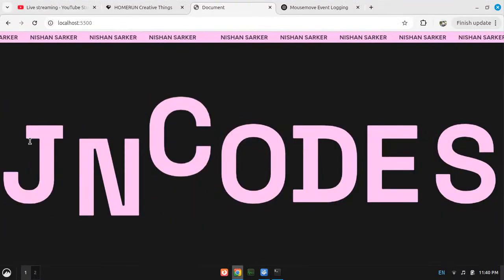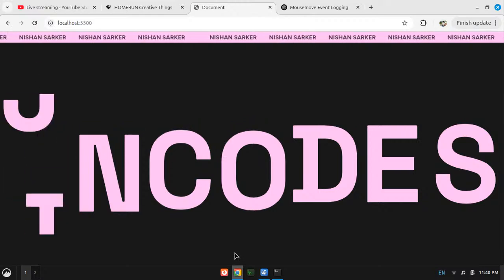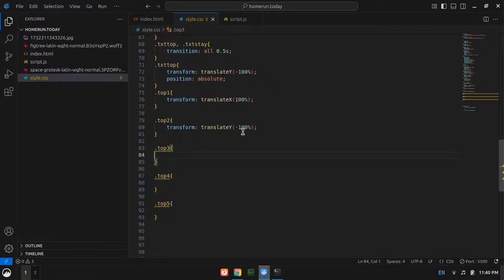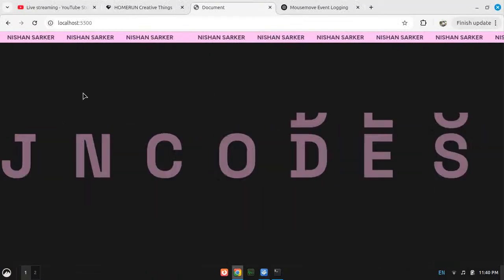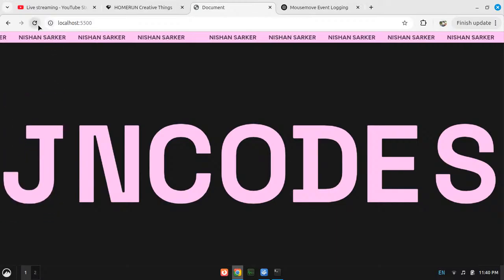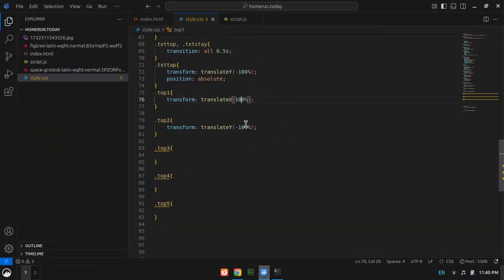Now see, the first time it is there, it works, okay, but the second time it doesn't. And by the way, the 100% doesn't actually seem to match the vibe, so I will set it to 110%. However, now let's keep it 100% for now.